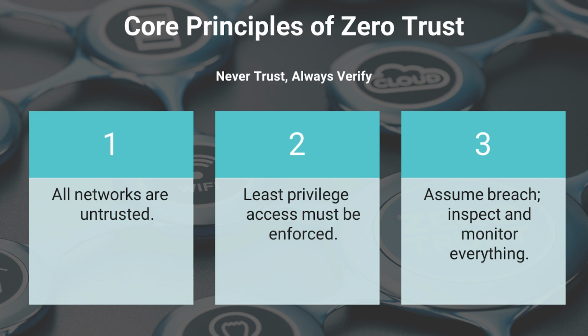Finally, number 3, assume breach. Inspect and monitor everything. All too often, we hear about breaches being publicly disclosed long after it's taken place. Having a comprehensive inspection and monitoring strategy, and having the necessary tools implemented, will enable quicker reaction to breach events. Also, you should be covering the entire enterprise, because a breach just as easily can start in an unmonitored section of your network. Also, segment your network so that if some kind of compromise occurs, it contains the spread and impact of malicious software that can compromise sensitive information.